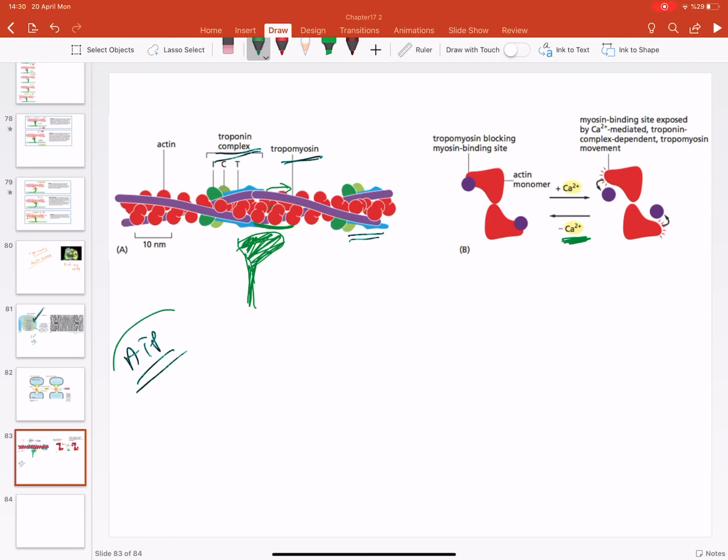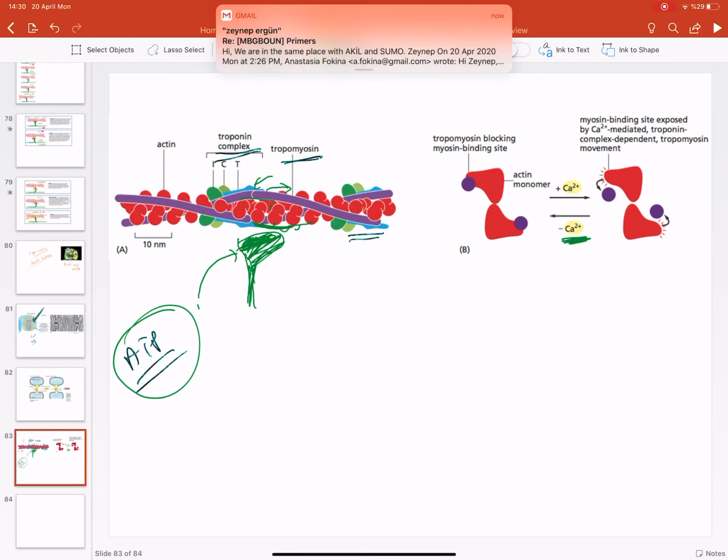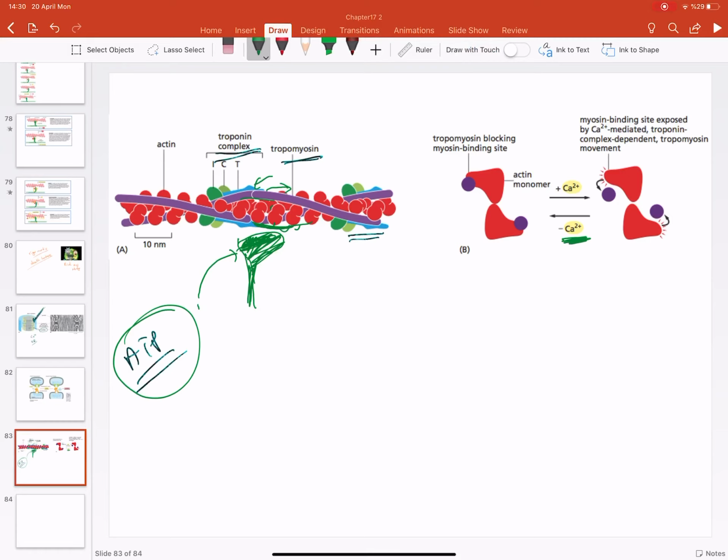So ATP is here anyway, and this myosin 2 is going to use ATP to walk on it. As long as the surface of actin is available, the muscle will be able to use it to walk on it. But for the relaxation, again, this shifts back, comes to the original position, and the surface is not available anymore, so the muscle contraction will stop, which is